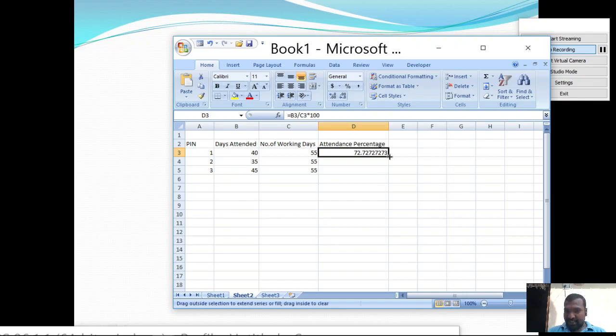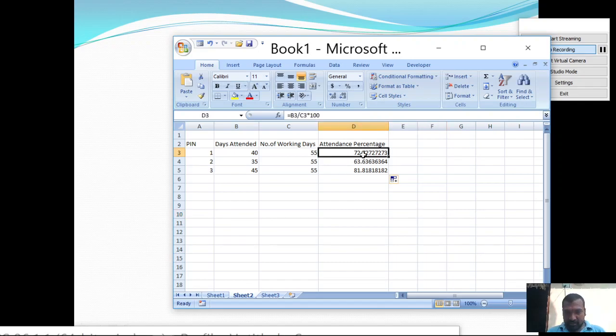A plus sign appears. Just drag that onto the cells for which you want to apply the formula. Then it automatically calculates the attendance percentage for the remaining students, pin number 2 and 3.